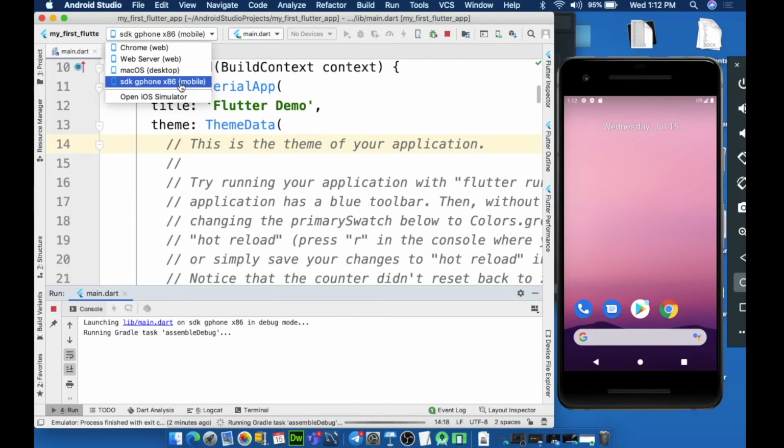Do you see something as Android, for some x86, something like that? Yeah, Android SDK built for mobile. Yeah, you can select that. It might vary from computer to computer, but that's pretty much the thing. Just select that. You might see something here as Android SDK for mobile. Select that and click on this play button, this run button over here. This will download more stuff. Just give it some time. It will download. Just wait for that.